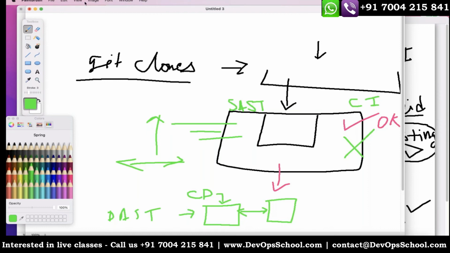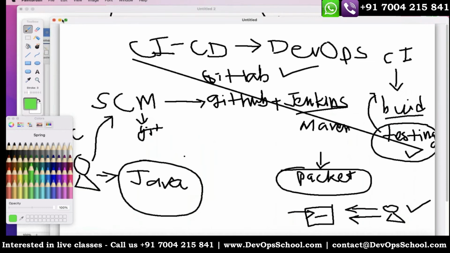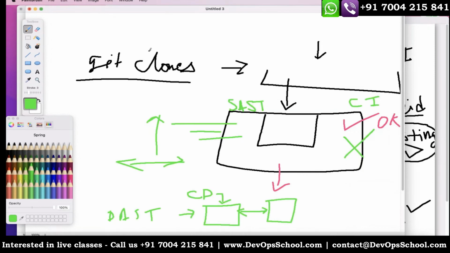So any questions around this? Could you repeat again about SAST and DAST, if you don't mind? Okay. So you want to understand how it fits in the CI/CD part. Okay. So basically, when we talk about the CI/CD pipeline, just give me two minutes. I think I have someone on the